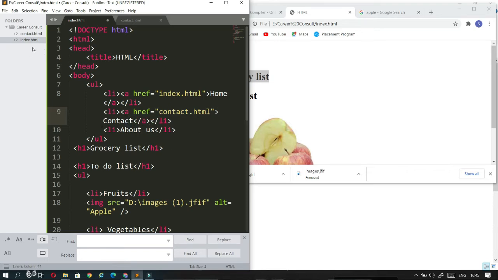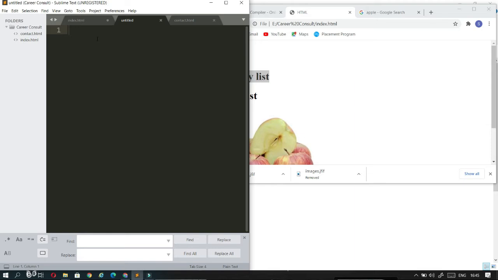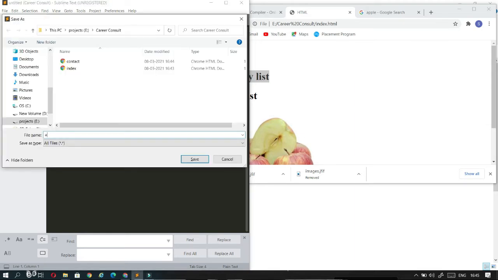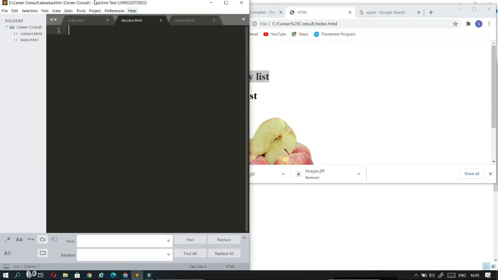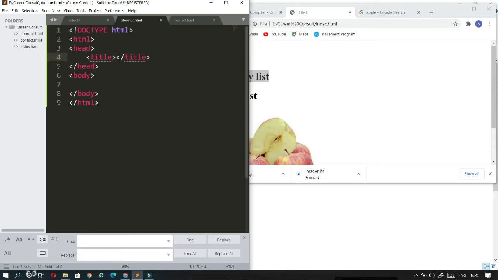Now I will create another web page, an about us HTML page. I'm going here, about us.html, and saving this. I'm going to HTML and about us, and then we will add here, myself, your name. You can add your own name, just try it out and experiment, because without experimenting it will be difficult to understand the code. So, myself, okay, that's much. I will embed that in the h2.